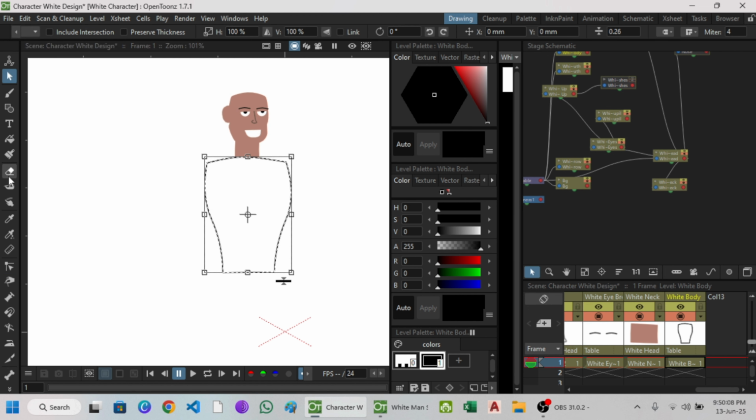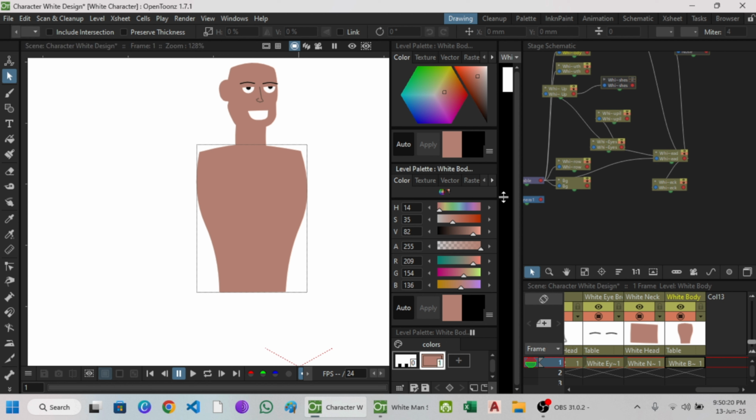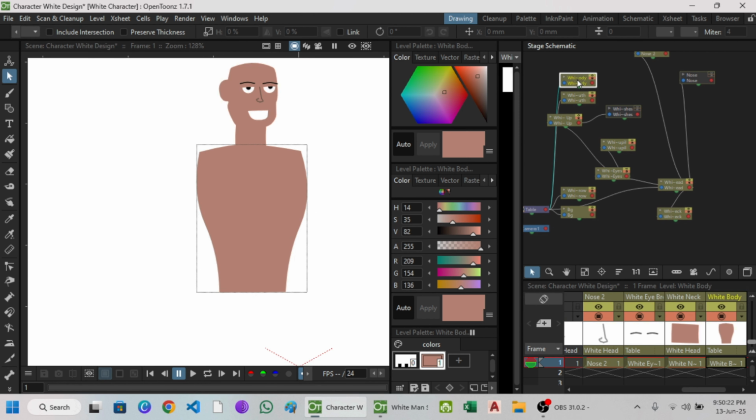So I'm going to click here. F is just same thing with this one here. So I'm going to change this to this. So here's the body. And